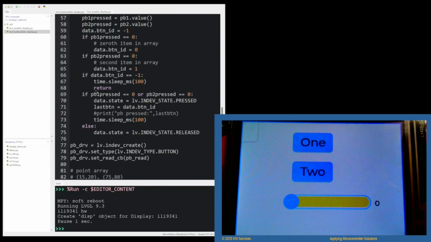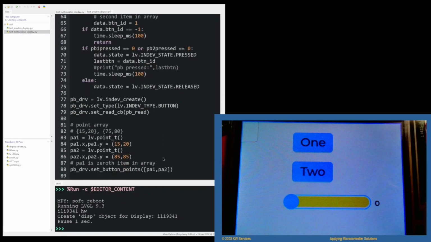Let's go down to the INDEV. So here we're defining the push button driver again. But this time notice that its INDEV type is not encoder, but button. So that tells us that we want different functionality for these buttons. And it tells us that it's expecting a point array. So we define that next. We use the LVGL structure point_t to set up a data structure for the pointer. And then we populate that pointer for x and y as the coordinate 15, 20, and that's going to be within